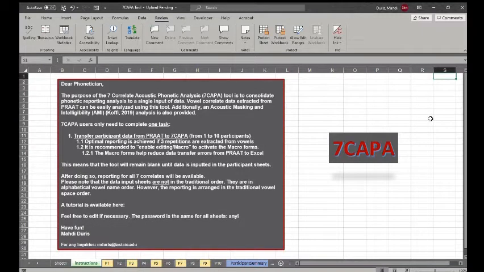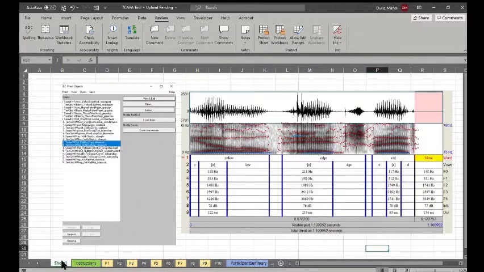A small explanation on the 7-kappa tool. I'll go over how it relates to Pratt, also the instructions on what to be careful for, the participant data input part, and the blue part and red part, which are tables and results based on the input from the Pratt data. So to get situated,